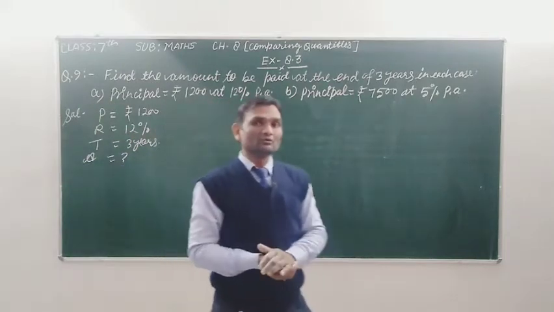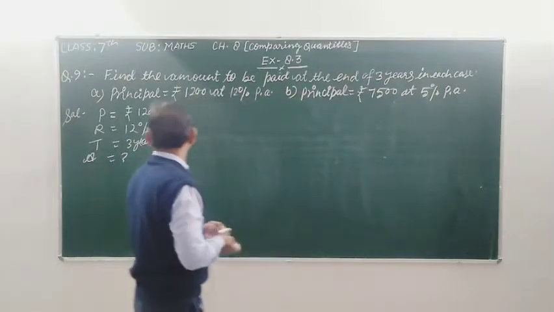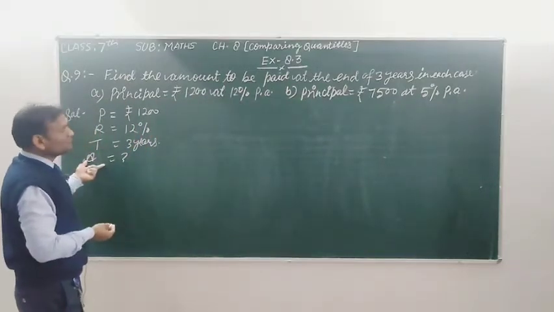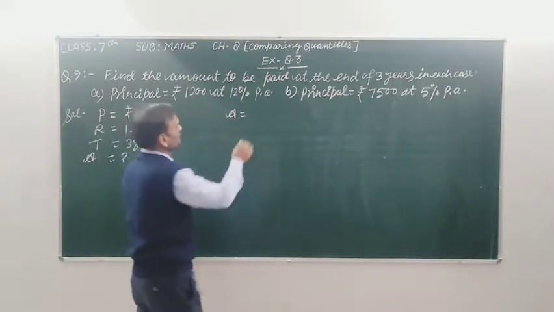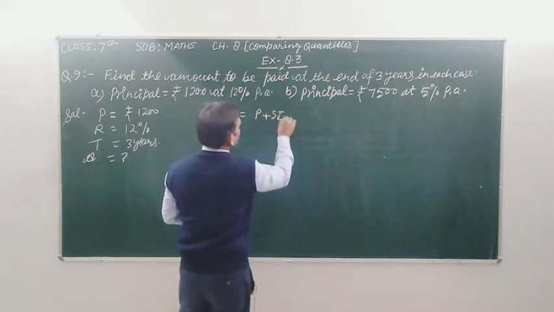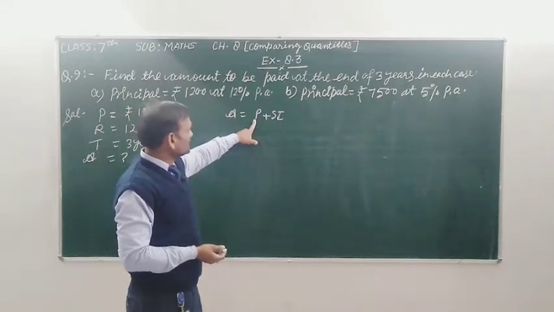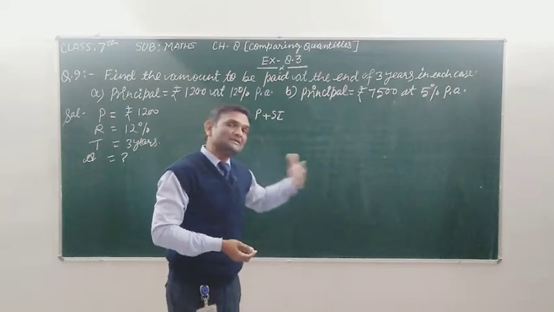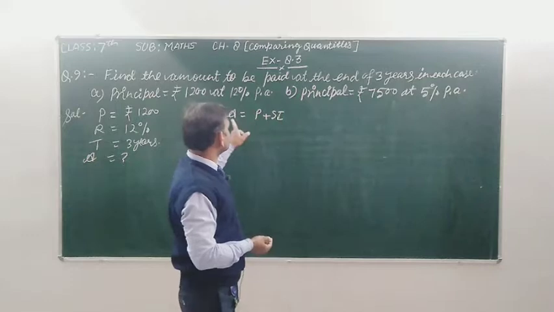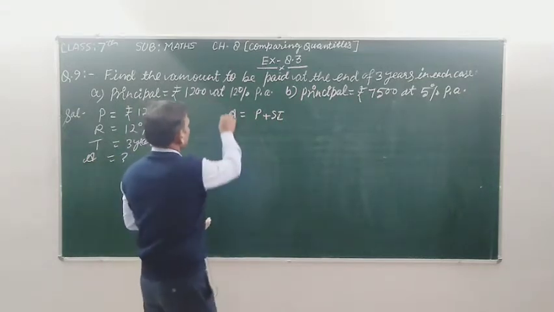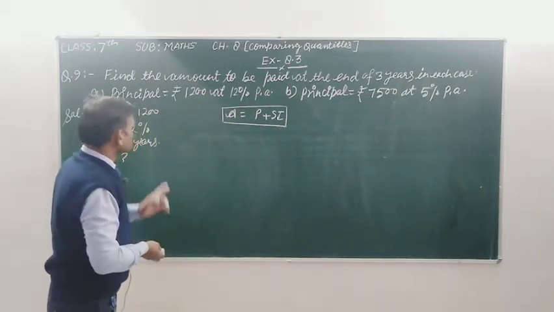So student, I have told you in my introduction class how we can find out the amount. A is equal to P plus SI. P means principal and SI means simple interest. We add principal and simple interest, that is amount. By this formula we find out the amount. So student,